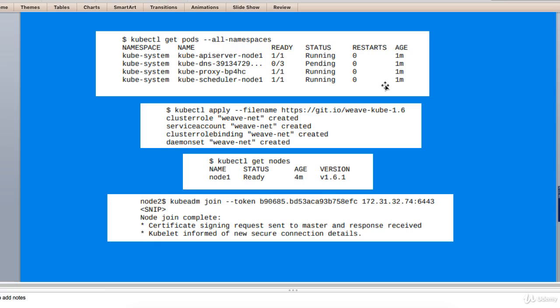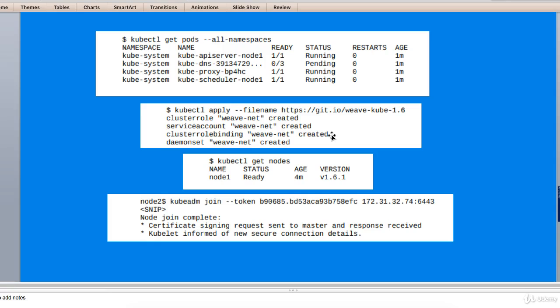Create a pod network. The example below creates a multi-host overlay network provided by Weaveworks. However, other options exist and you do not have to go with the example shown here. As you can see, this is the example I'm talking about. Be sure to use the right version of the Weaveworks config file. Kubernetes v1.6.0 introduced some significant changes in this area, meaning the older config files will not work with Kubernetes